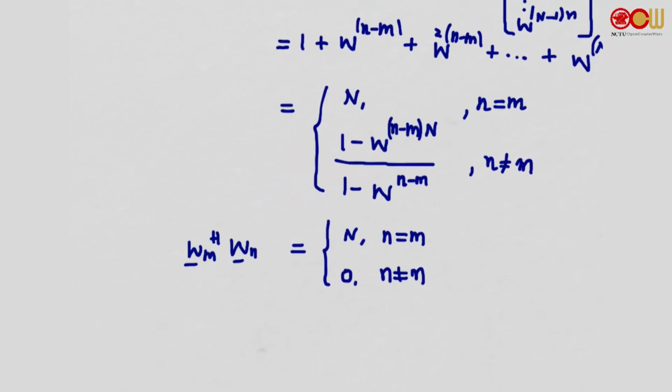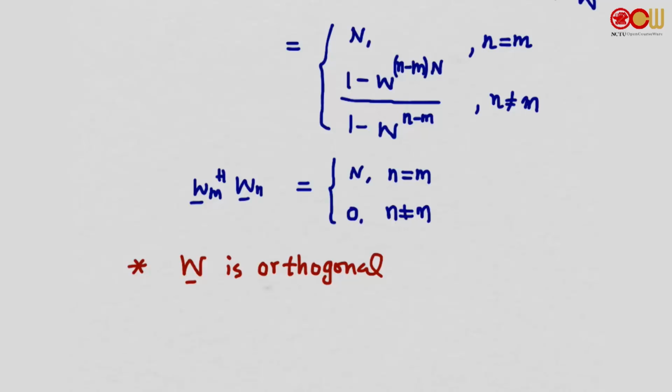And that will make the DFT matrix an orthogonal matrix. And for orthogonal matrices, their inverse is very easy to find. In particular, if we take the transpose conjugate of F_W,